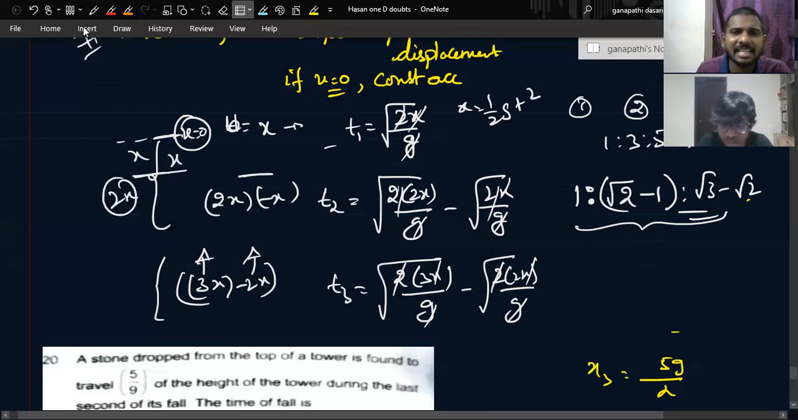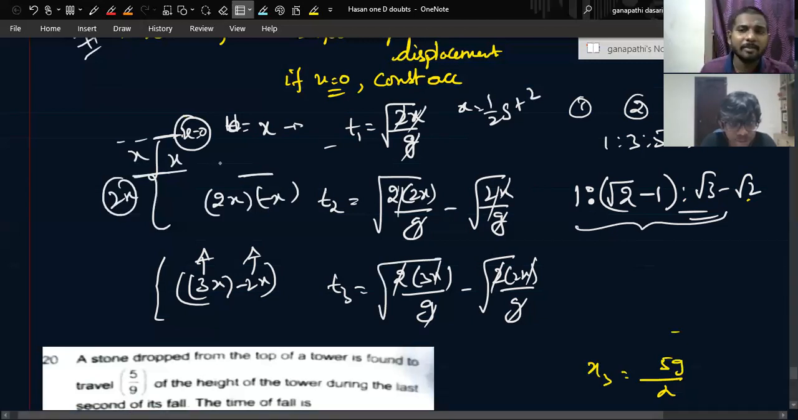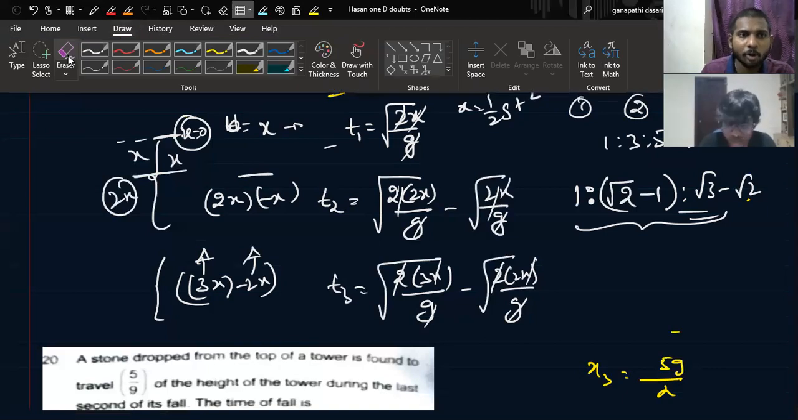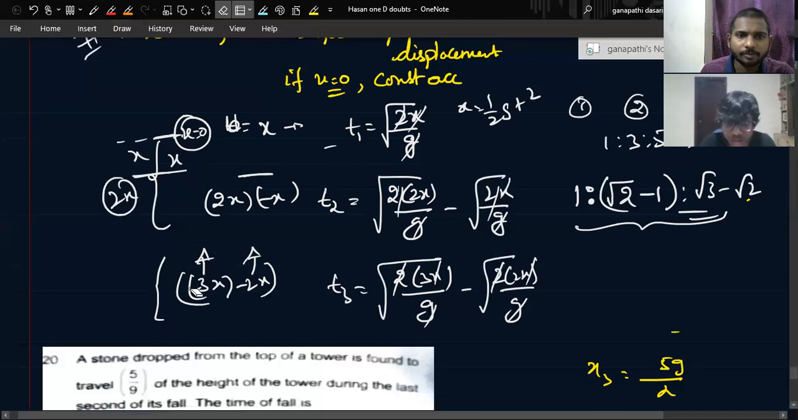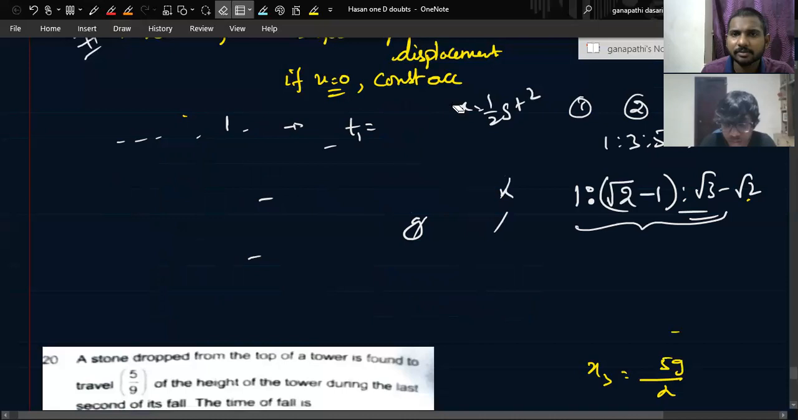This is another important condition. If someone asks you the time taken for traveling for the body in first 5 meters, next 5 meters, next 5 meters, ratios, if someone finds out, this answer will be 1:√2 minus 1:√3 minus √2. I hope you got this answer also. You take a note, and in previous year questions you can find questions on this also. Equal displacement ratio is